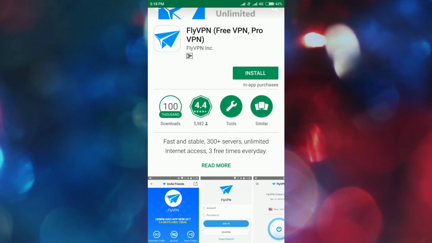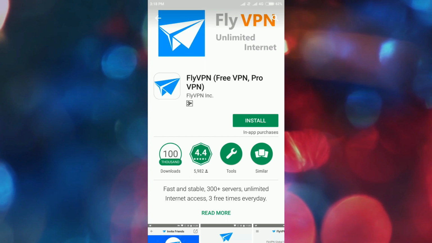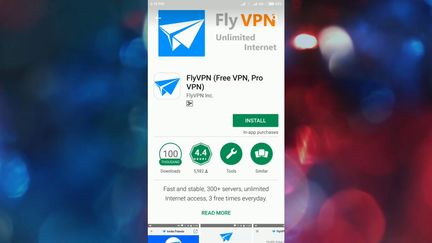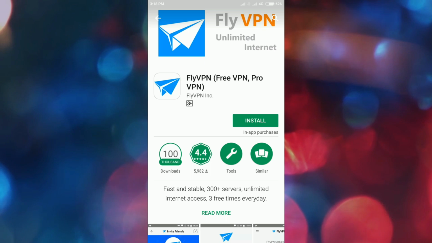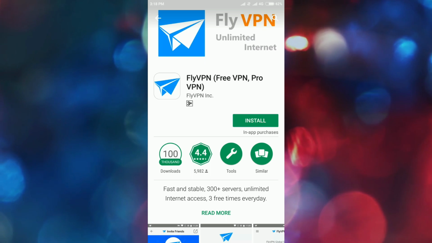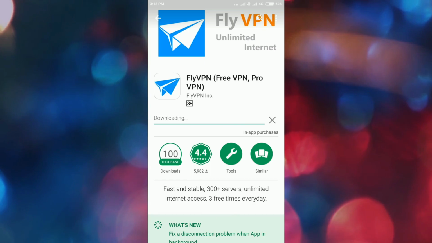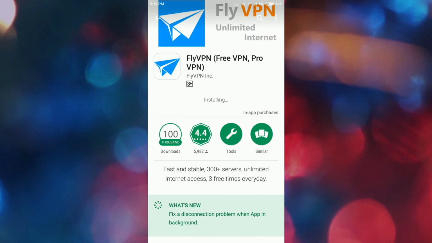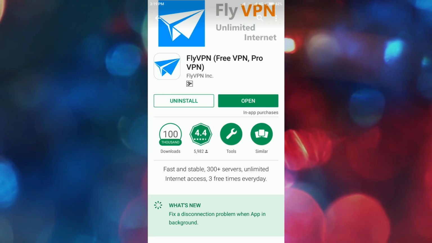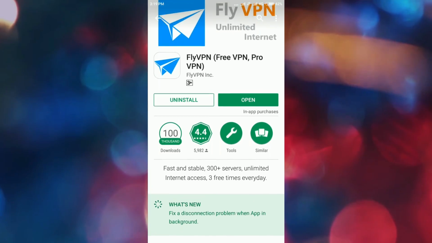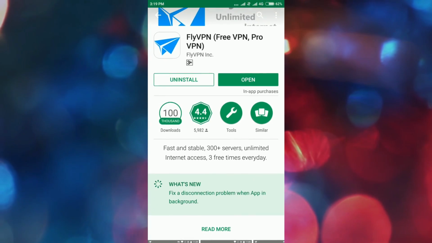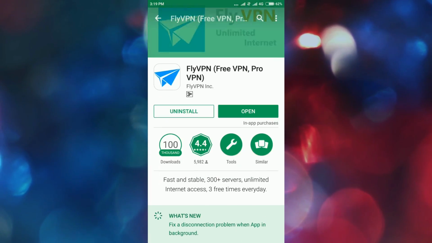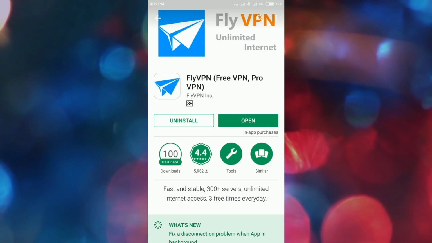Since it's online, you need a better internet connection. So that is all you need: install the VPN first, but only Fly VPN, because many VPN apps on the Play Store are fake or not working, but this one 100% works, so that is very awesome.